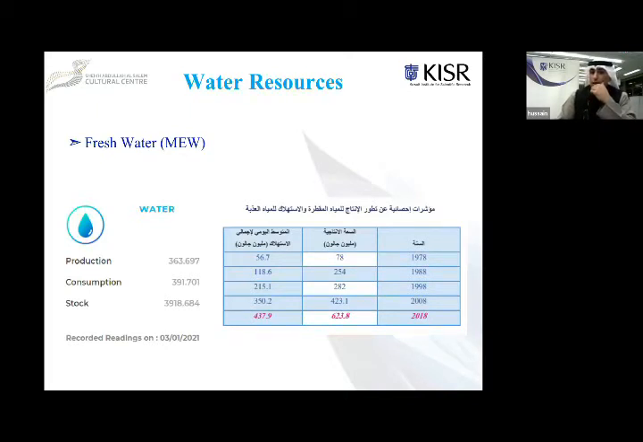According to the MEW, on the 3rd of January, the production was 363.697 of fresh water, but the consumption was 391.701. That's a critical issue because any failure of those desalination plants or in the network, or any pollution that can get into the Arabian Gulf, could put us at risk unless we have alternatives or